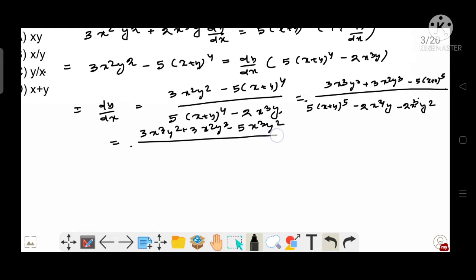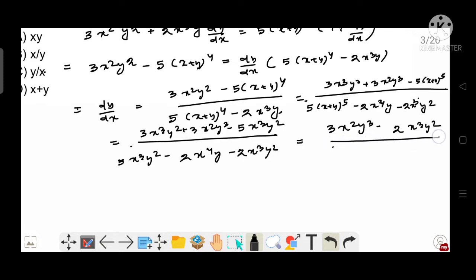Divided by 5x cube y square minus 2x to the power 4 y minus 2x cube y square, which is equal to, if we cancel, 3x square y cube minus 2x cube y square, divided by this 5x cube y square, 2x cube y square, 3x cube y square minus 2x to the power 4 y, isn't it? Okay, then we have